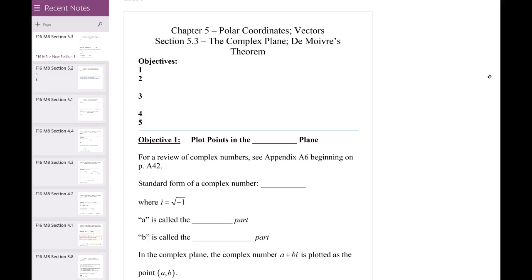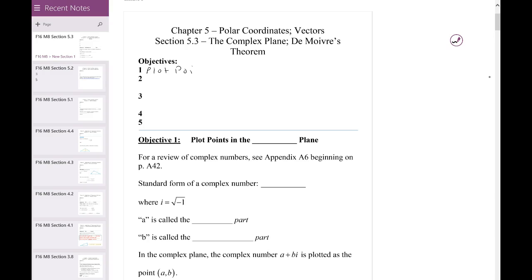So we're still in chapter 5, talking about polar coordinates and vectors. And section 5.3 is an interesting kind of side note about the complex plane and de Moivre's theorem. So it's going to be related to polar coordinates, but it's going to be really important that you have a clear distinction in your mind between when we're working with polar coordinates of rectangular points and when we're working in the complex plane. So let's look at the objectives, and the first one is going to be just to plot